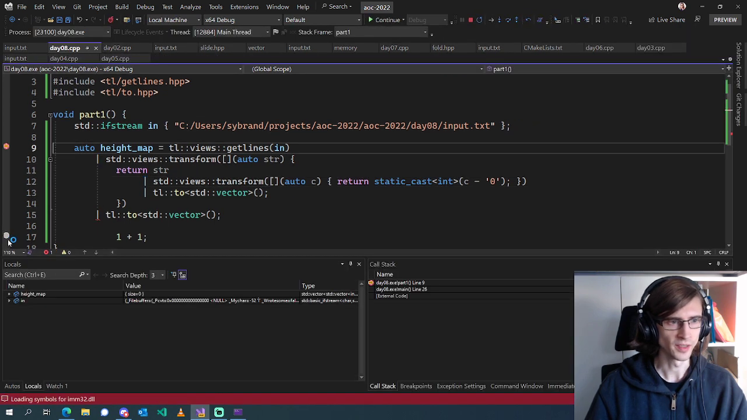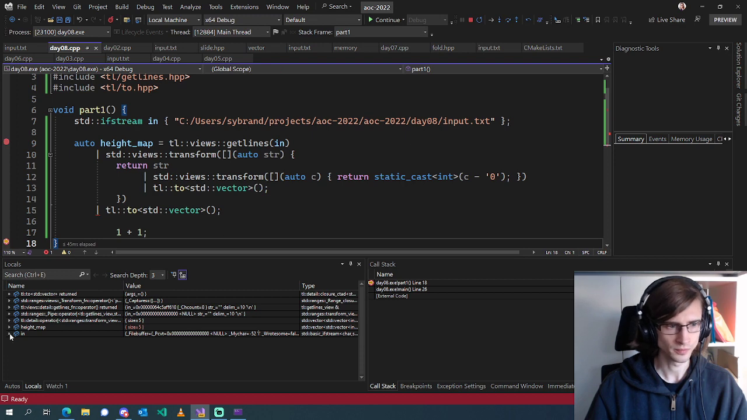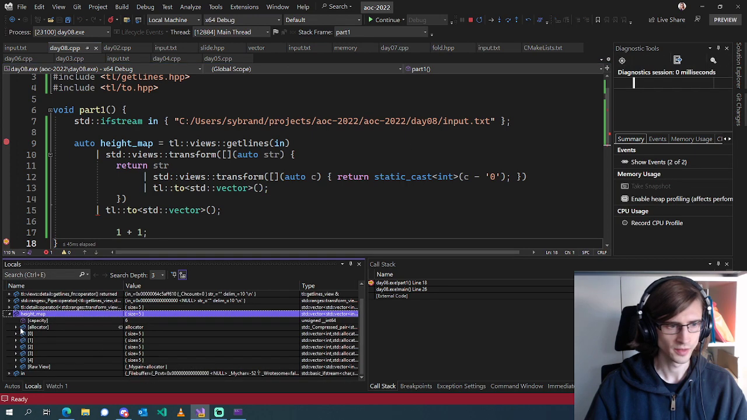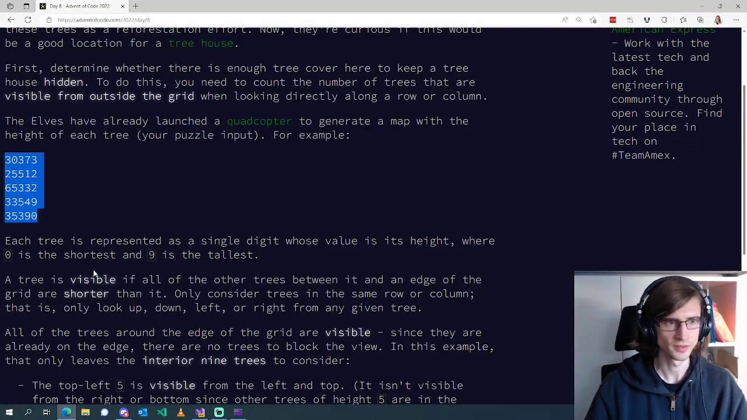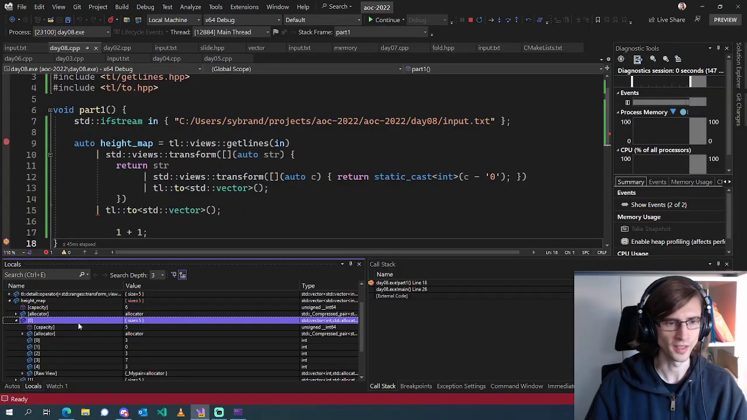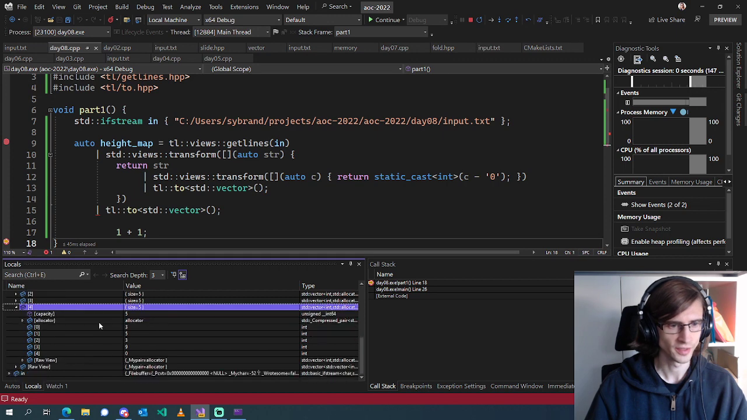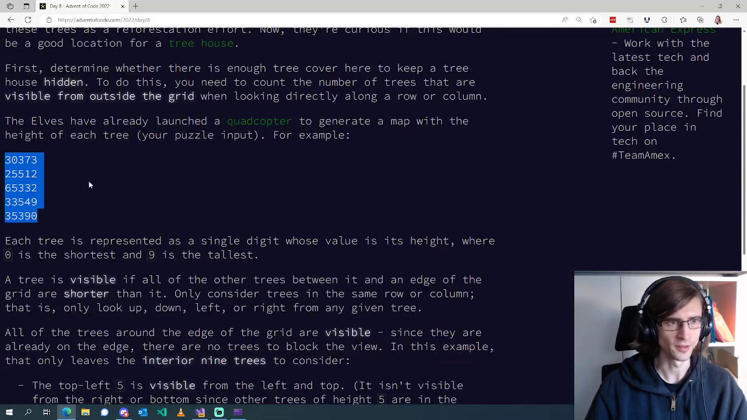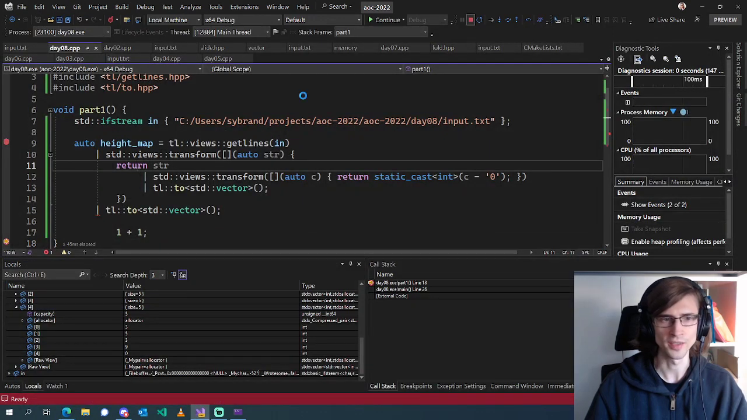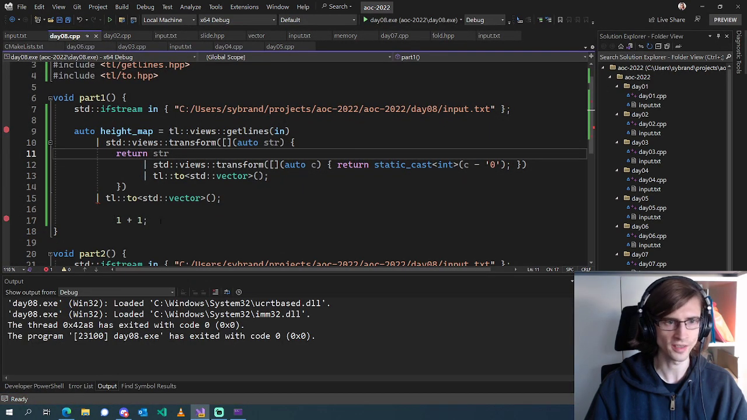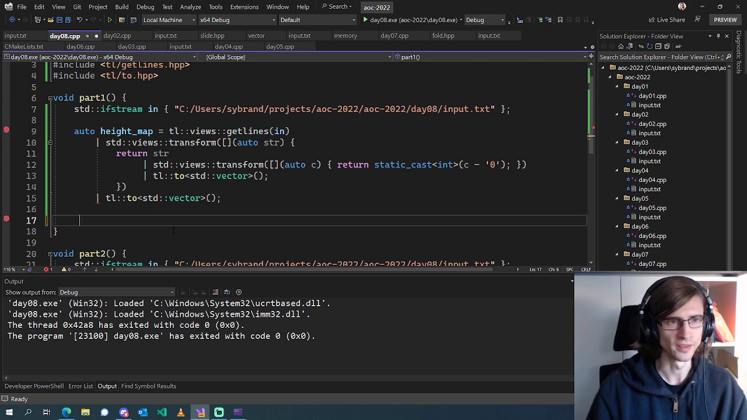Let's see if we get an actual height map. Okay. Got 5 by 5, 30375, 30375. Looks legit. 35390 at the bottom, 35390. Okay. So we've done some parsing just to get us into a nicer state, and now we can